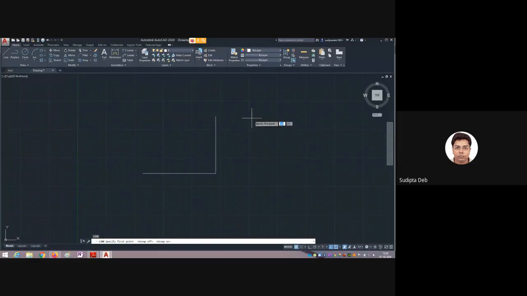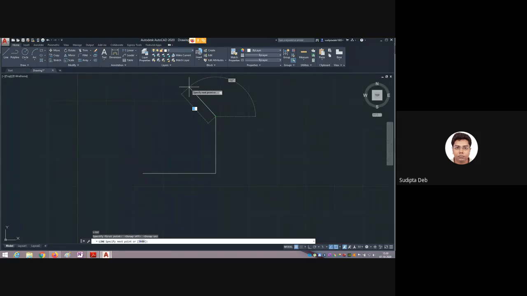Now I am going to draw the inclined line. You can see line, specify first point, it is written in the command line. Suppose this is my first point. Select this. Right now it is showing 70 as the distance, but we can change it.